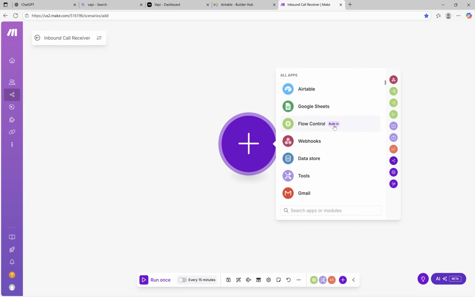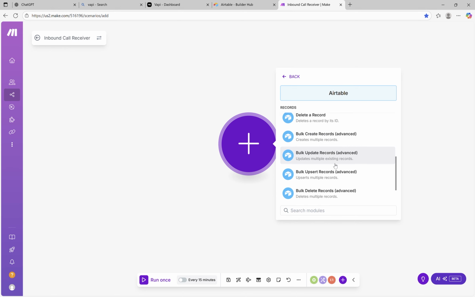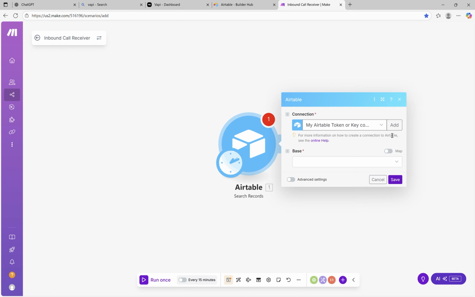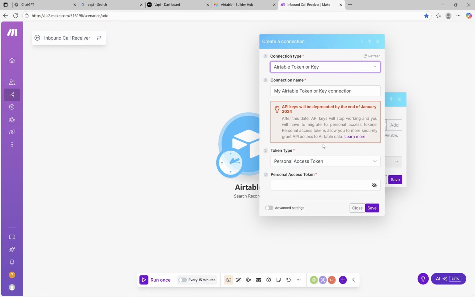There you go. And then we're going to start off with Airtable just because we want to set up the connection, but it'll start off with Vapi. So you can set search records. You want to hit add, connection type, token or key, personal access token, and then just copy and paste in what you just copied from Airtable after the token you just made. Hit save,